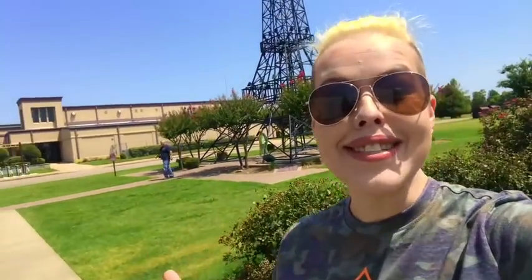All the way out to Paris, Texas, where you might remember I showed you the Texas Eiffel Tower. But there's something else here I wanted to check out while we're in this area, and it is actually a huge veterans memorial that is really cool. Now I know this isn't something that just everybody's gonna want to stop off at, but I find that they're really cool to pay respect to those who have served our country and also done some really amazing things for us. So the Paris Memorial is a little different than the others that you'll find, and let me show you why. It's one of the coolest places that